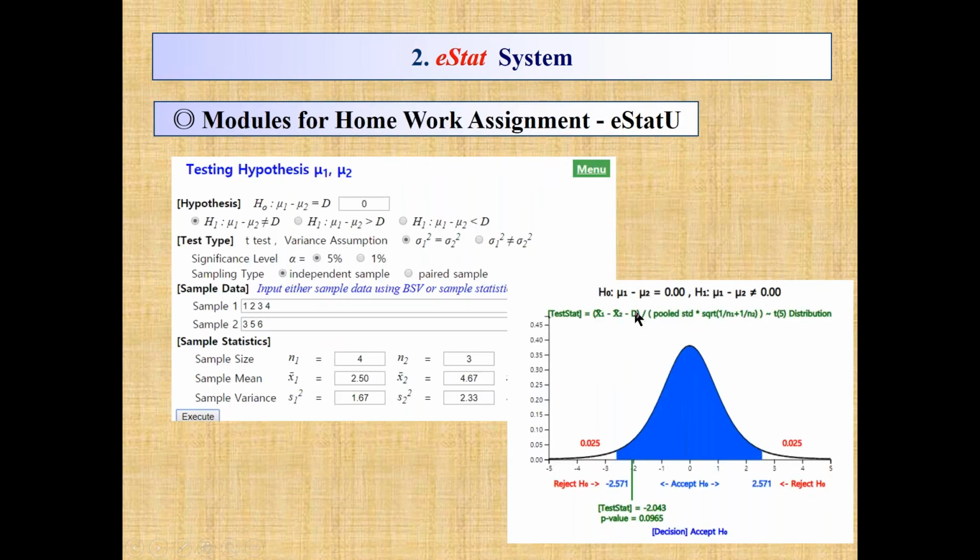Here's a module for homework assignments. I'm not sure whether you agree with me, it's controversial, but I developed this one. In your textbook, at the end of each chapter, you have exercise problems. You can enter some data and have a similar output as the usual statistical package. Also, you can enter just these numbers, then you have the same output. I'd like to help students check their homework, but I'm not sure whether it is right or not.